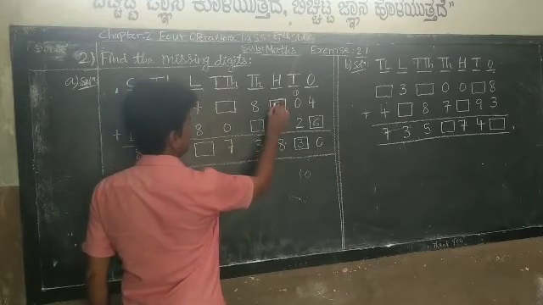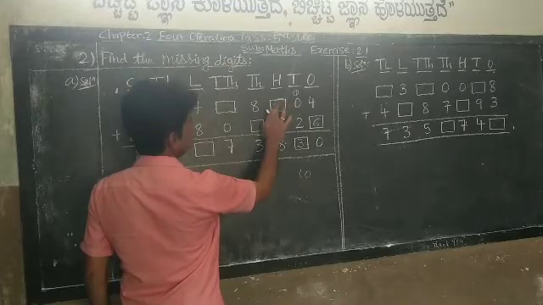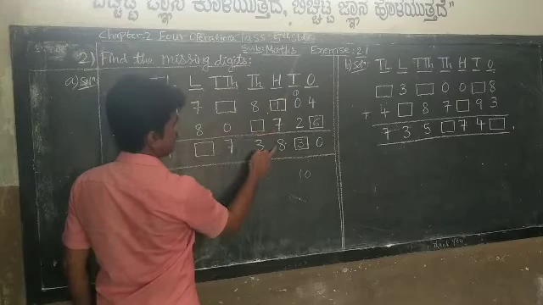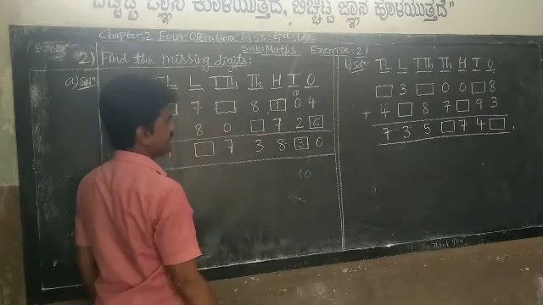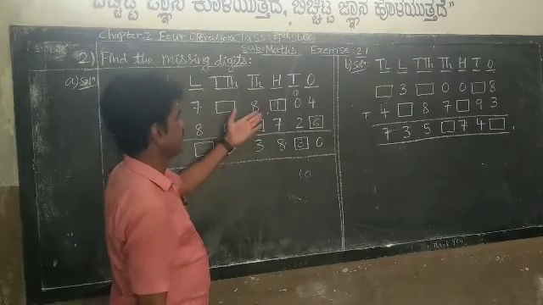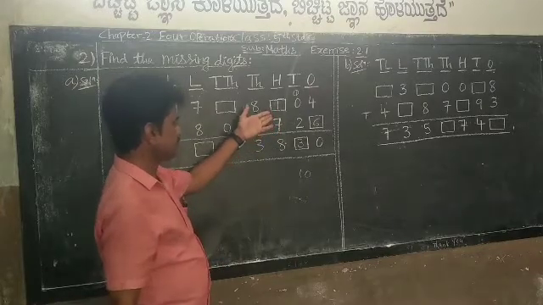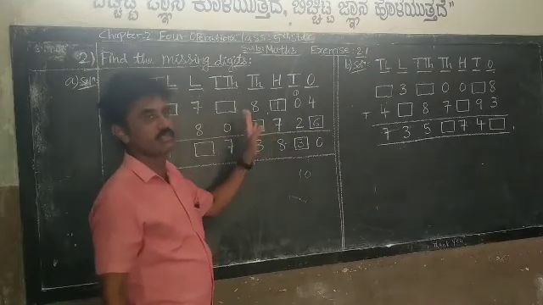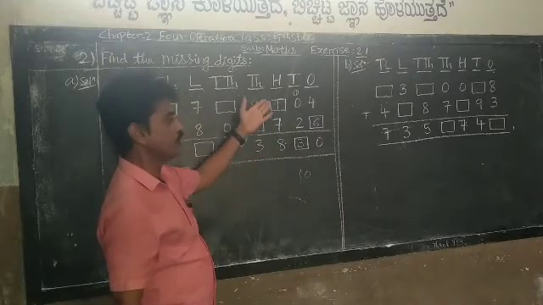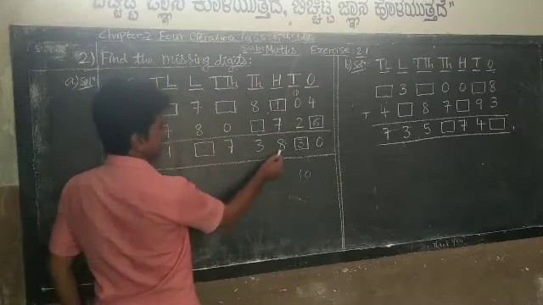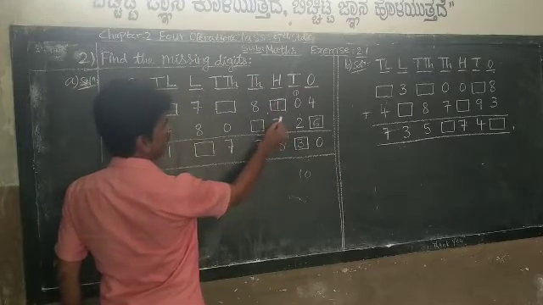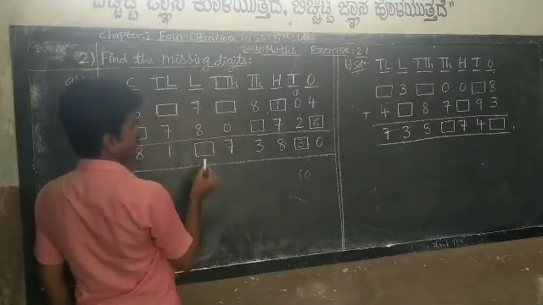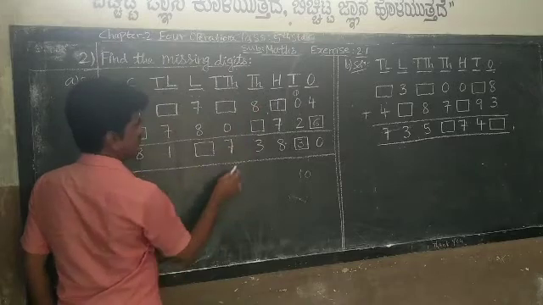If you put 1 here, what happens? 1 plus 7, 8. Like this, by practicing you will come to write quickly. Just listening to my class and closing your books means you will not be perfect. You have to practice. So 8 is there, 7 is existing. If you put 1 here, answer is 8. So 1 plus 7, 8. Next, go for thousands place.